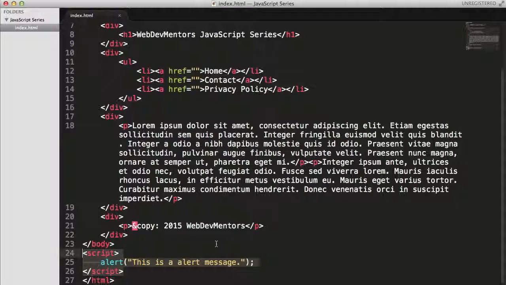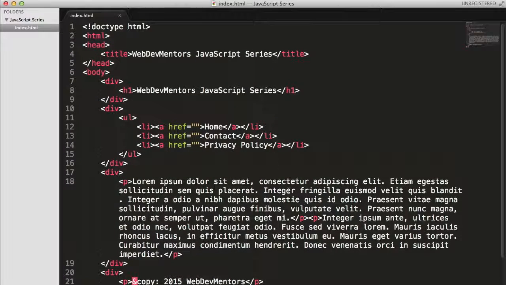How do we add an inline script in our HTML page? Inline scripts can be added to the elements of your HTML page. This is called an element, the anchor element. Now I'm going to add inline JavaScript to this HTML element. How do we do that? I'm going to add an event to this anchor tag, which is onClick equal to, and within the quotes, alert of,